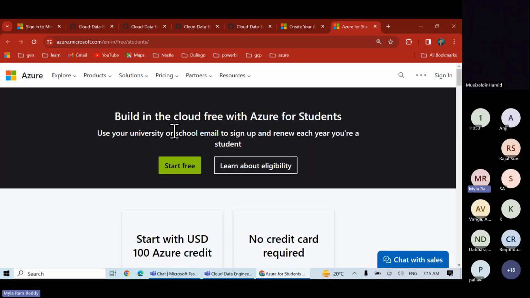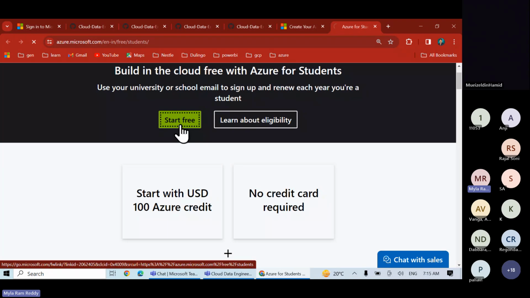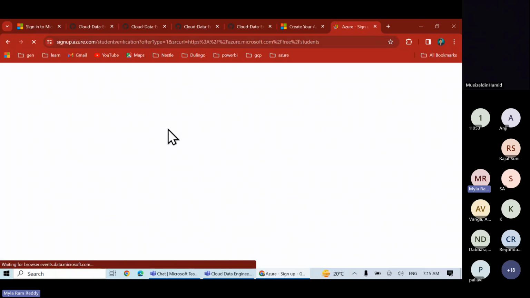You first create your own Azure account. Once you create the Azure account, just come here and click on start free. Suppose I click on start free here. The moment I click on start free,